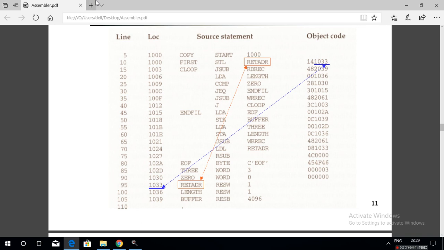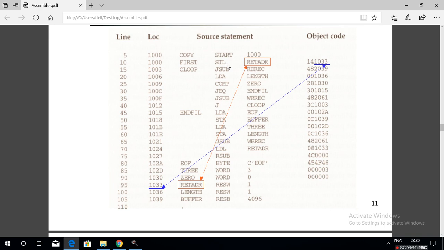So how actually what will happen? STL means store the content of the linkage register into this memory location 1033. Store the return address into this memory location, because the control is transferring to the subroutine; that is why this instruction is used.